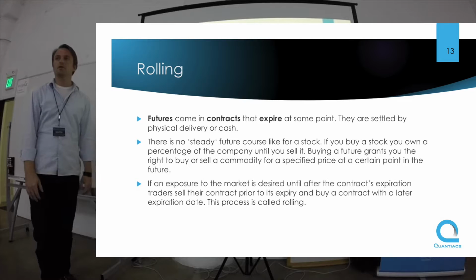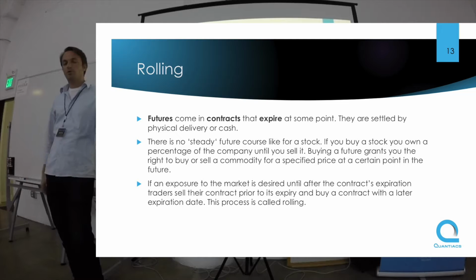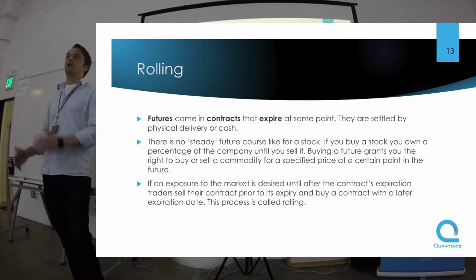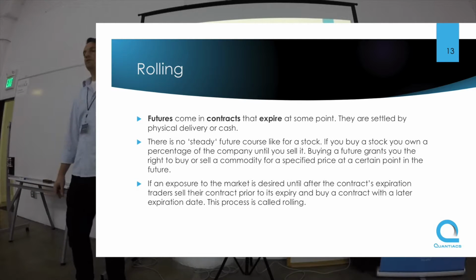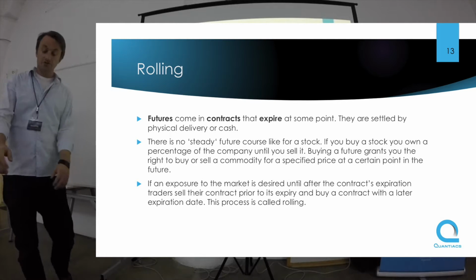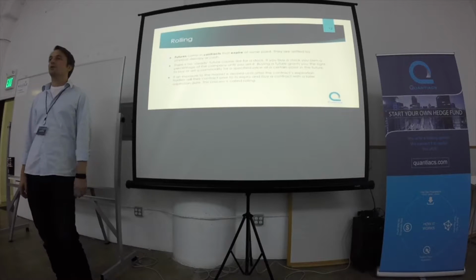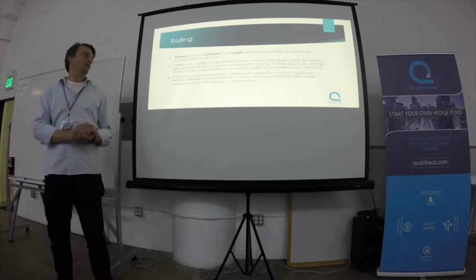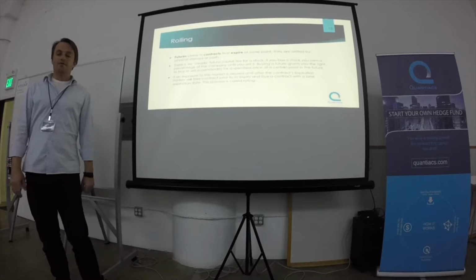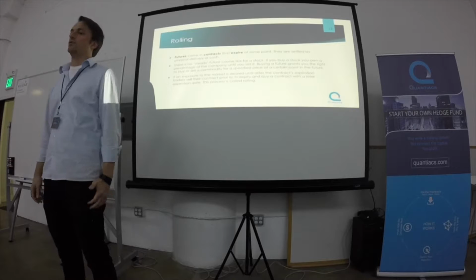There is no steady course for futures like there is for stocks. If you buy a stock, you have a portion of the company. There is a steady course every day. It goes either up or down, and as long as you hold it and the company does not go bankrupt, you will have a dollar value for every day. This is not the case for futures. Futures expire at some day. So if I'm invested in the March 2016 crude oil contract, it doesn't exist anymore in April. All the March contracts are settled with a physical delivery in March. So if you want to have a continuous course of futures, you need to roll into the next contract.